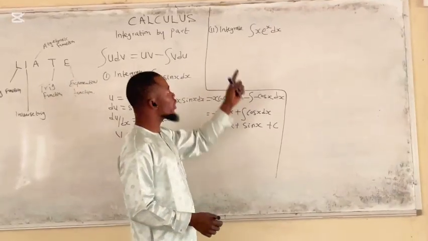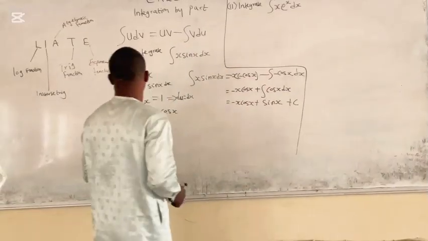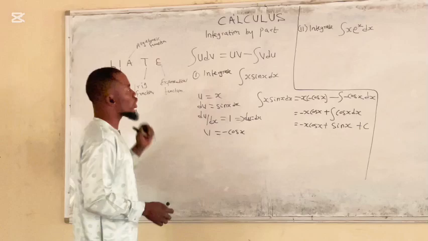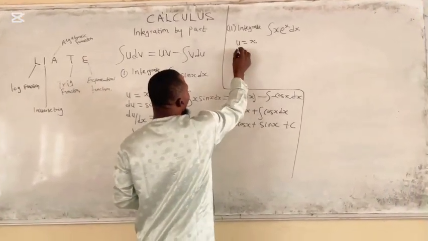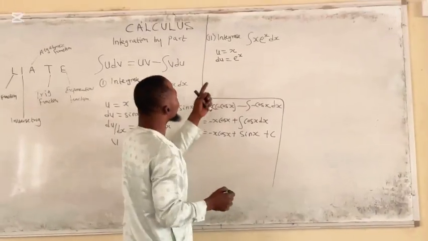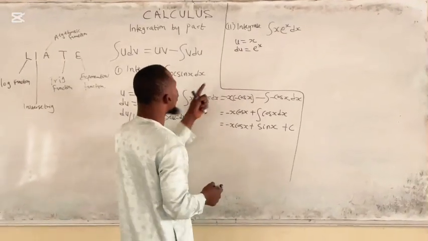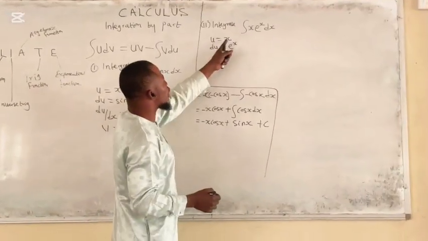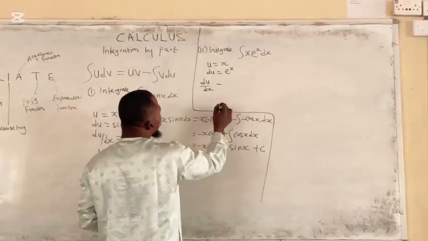We are having two functions here. We are having the algebraic function and we are having the exponential function. So from here, our algebraic function also comes before exponential function. So our u will be x and our dv will be exponential x. So for us to get our du, we will differentiate u, and for us to get v, we will integrate dv. Differentiating u with respect to x, we'll be having du dx will now be equals to,